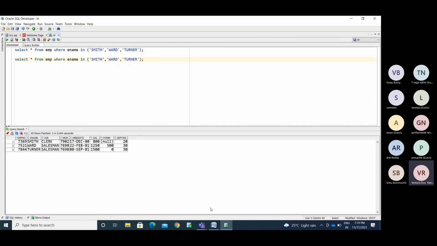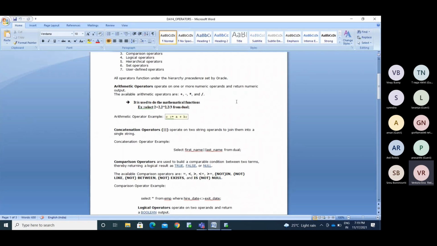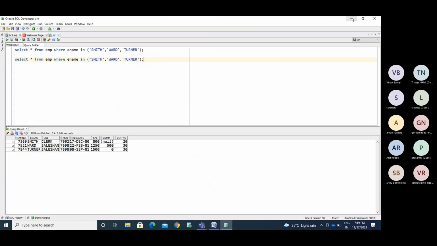We saw about the logical operators and, or, not, right? We completed those logical operators. So if we use the in operator, how will that operator work here?